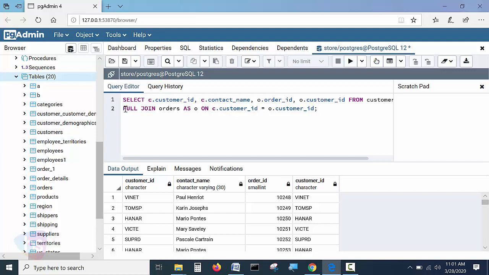Let's see. Just make it a full join over here, with the left part of the table and the right part of the table. In this join, the orders table will get the complete data in the result set. If you also want to see the null columns, meaning empty columns, the non-matching columns also get their data as output when using full join.